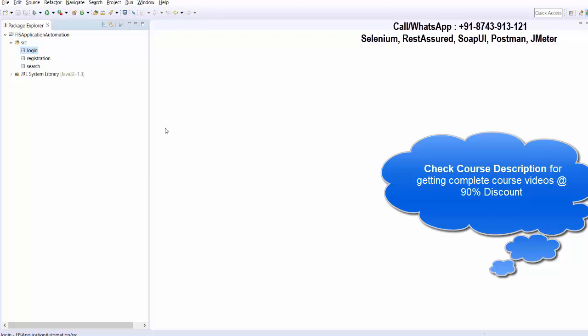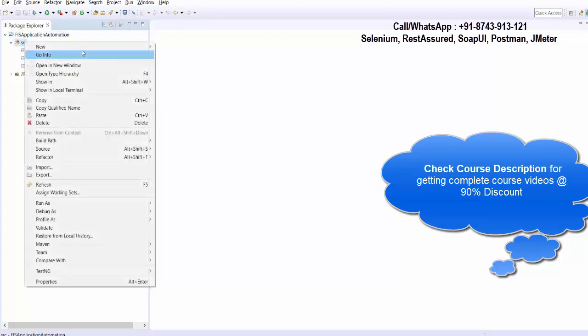Okay, let's take an example. You have a lot of songs in your system, so you have created a folder with the name songs. After that, you further want to segregate old songs and new songs. So inside the folder, you will create two subfolders and place the files in the subfolders. In the same way, here, if you want to further segregate, we can create a subpackage.